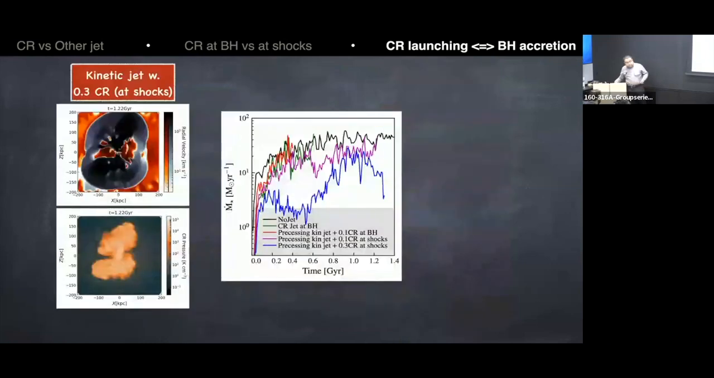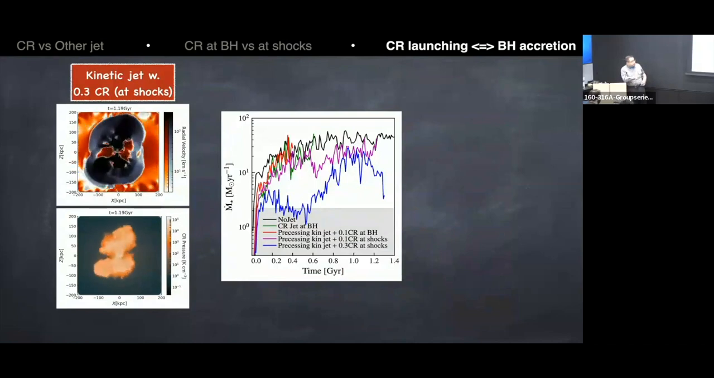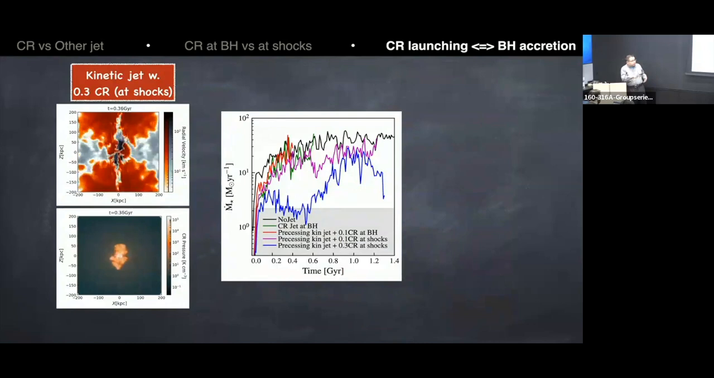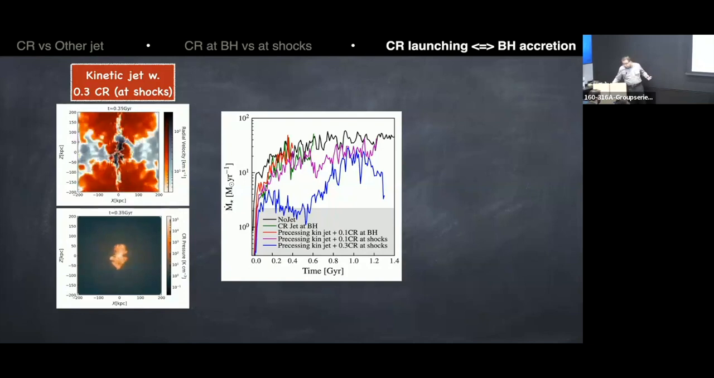And furthermore, it's actually possible to quench the massive galaxy. So this is a run with 0.3 of the energy injected as cosmic ray at a larger scale shock front. And the resulting star formation history is the blue line. You see this episodic duty cycle of quenching history over a few 100 million years to 1 gigayear